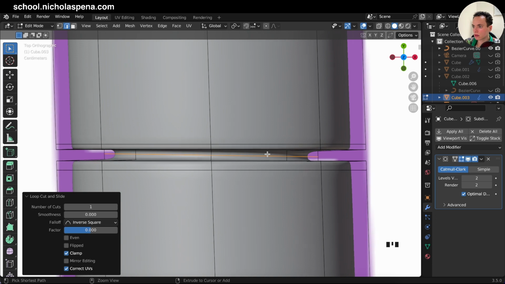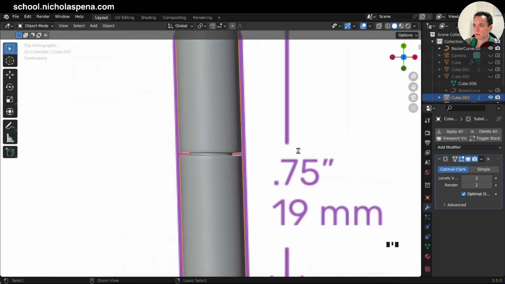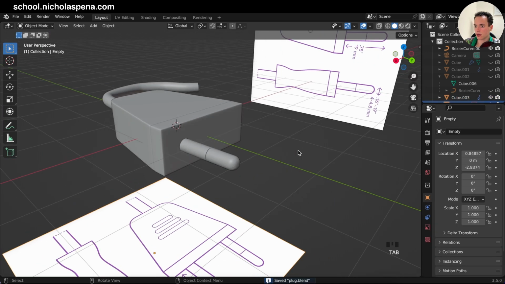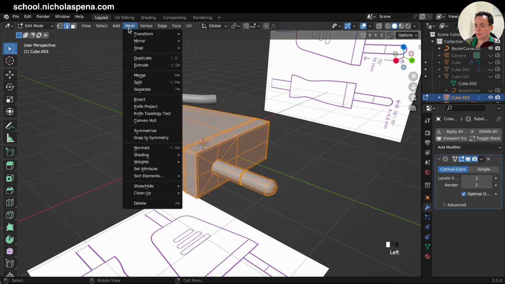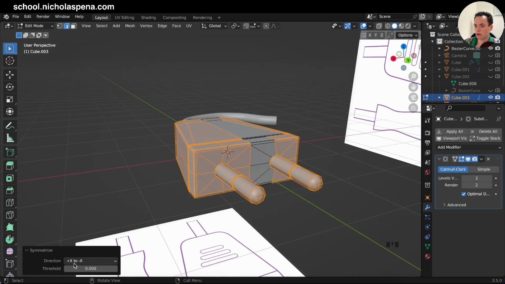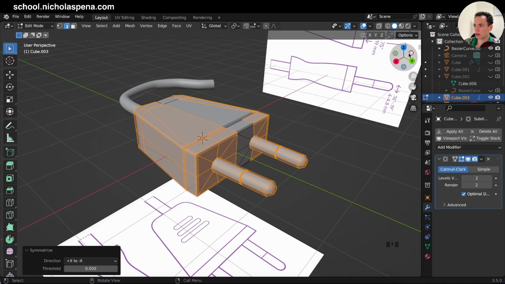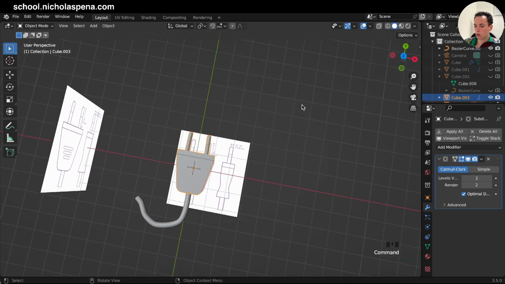Loop cut here. Control B. Now A to select everything, and then mesh and symmetrize from plus X to minus X, because I did on this side to this side. And now we have everything